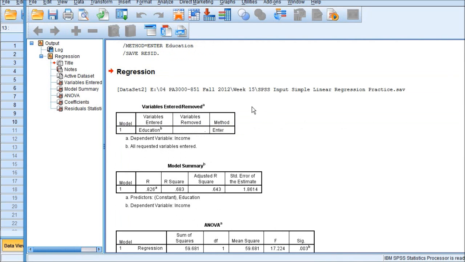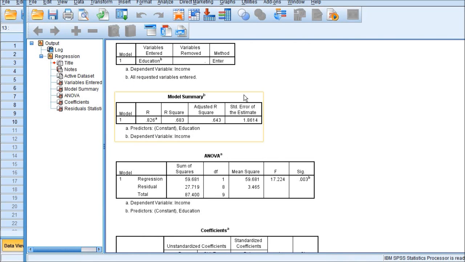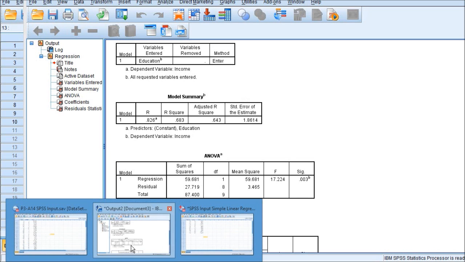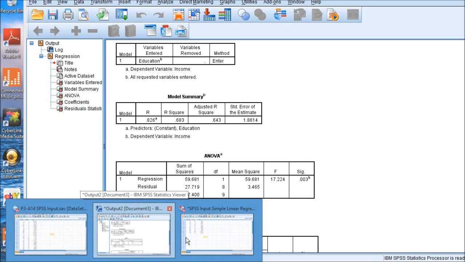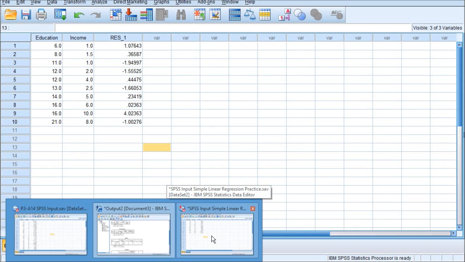Right? This is the result of the regression analysis. Let's go to the original data input file here.